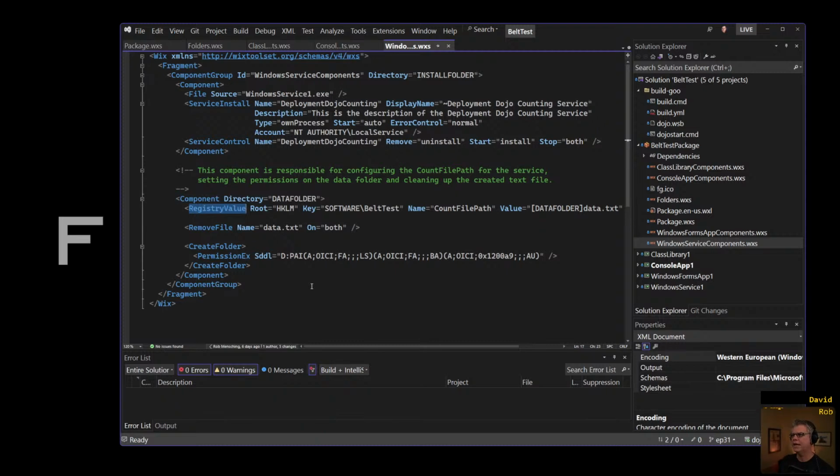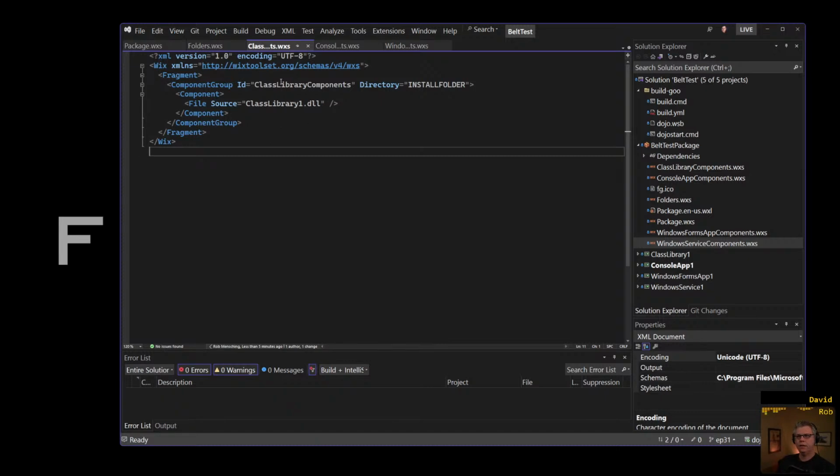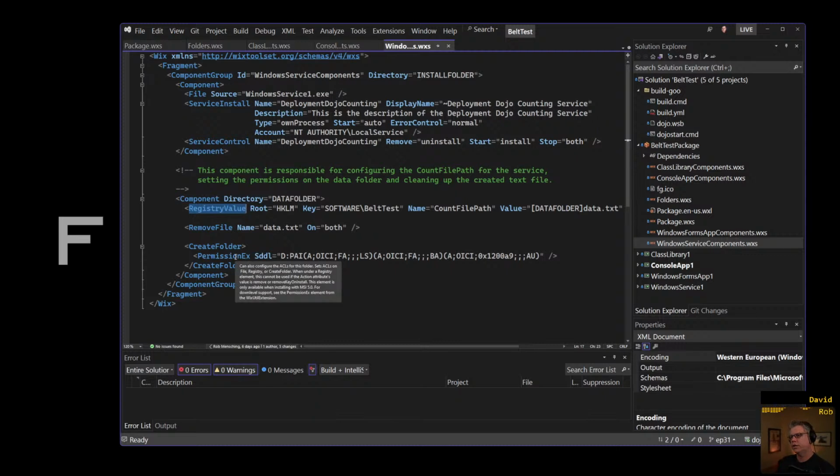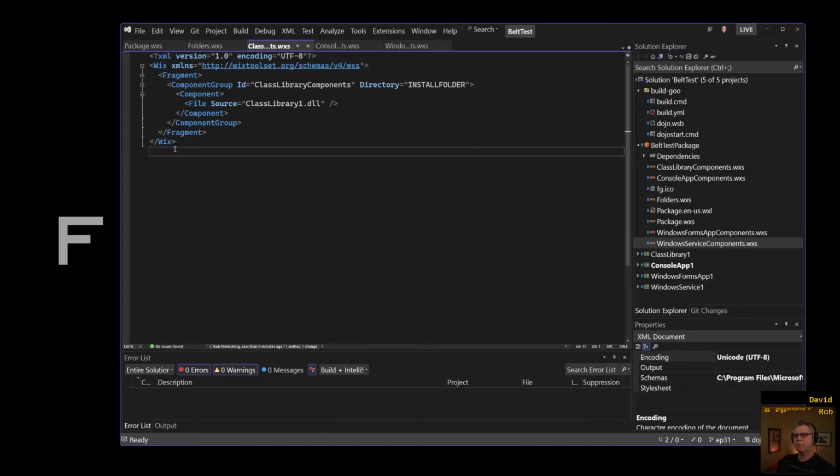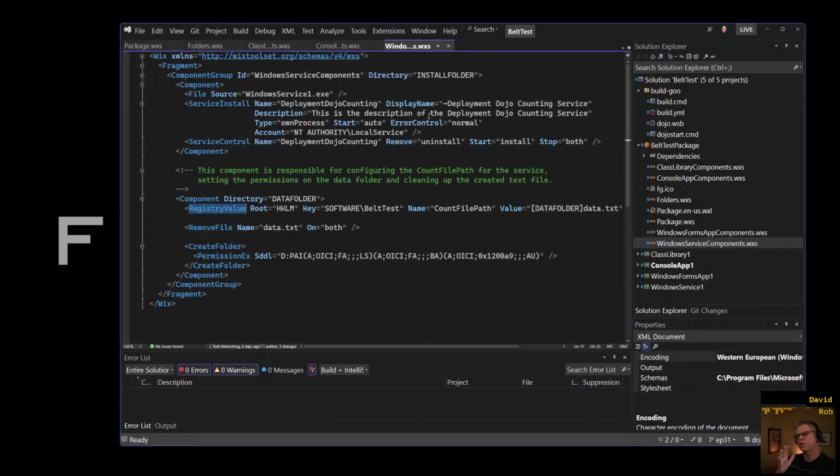Right. Okay. Now the next thing also to think about is this component the right place to put things now that we have the class library over here? Should this class library be responsible for setting up this reg key, or should this component just move to this class library? This is one of these structure things I was thinking about: this registry key here is really controlled by that class library now, not by the Windows service. Okay, yeah, I see that.